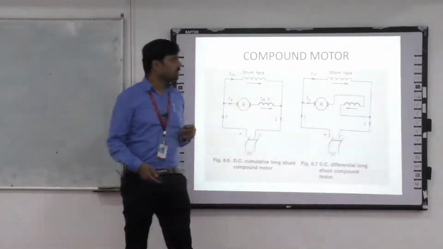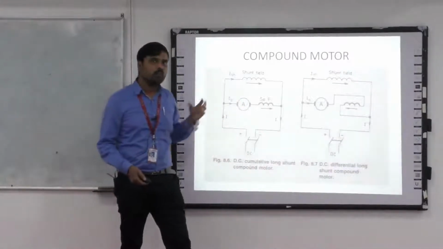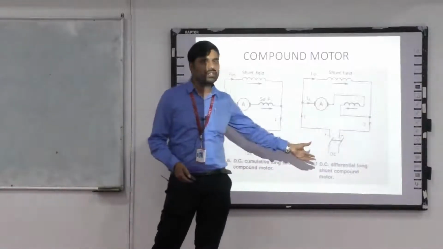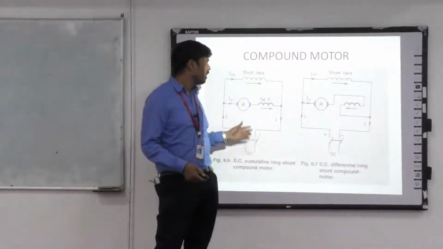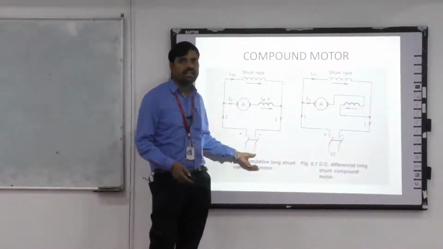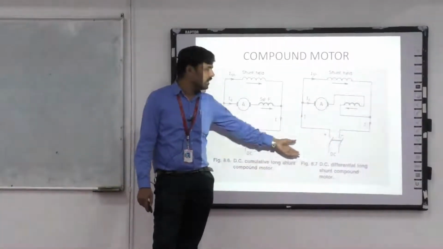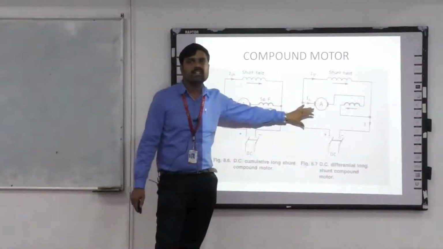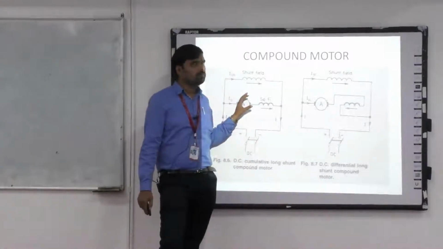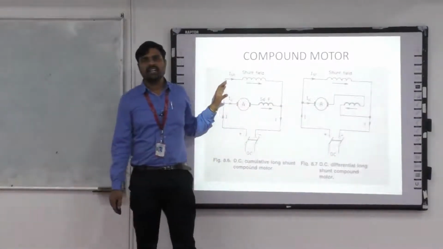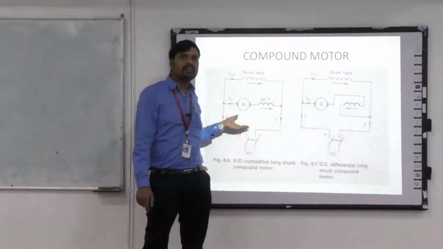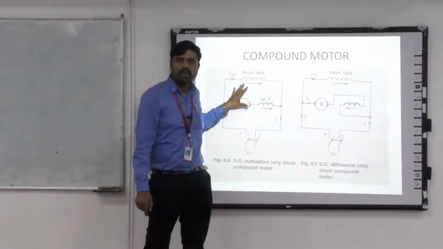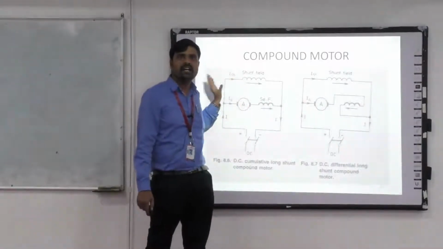Right? Next one is the compound motor. Compound motor is a mixture of both series and shunt. We have both cumulative compound and differential compound. Cumulative compound means the series field winding and shunt field winding are added together. Here in differential compound both are subtracted. So here the flux will be more, here the flux will be less. We know that N is proportional to Eb by phi. When the flux is increasing, we are losing speed. At the same time, when the flux is increasing, we are getting the starting torque. Torque is proportional to phi into Ia. When the flux increases, we get a high starting torque.